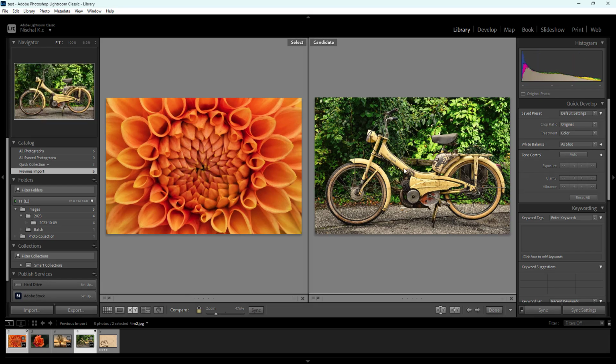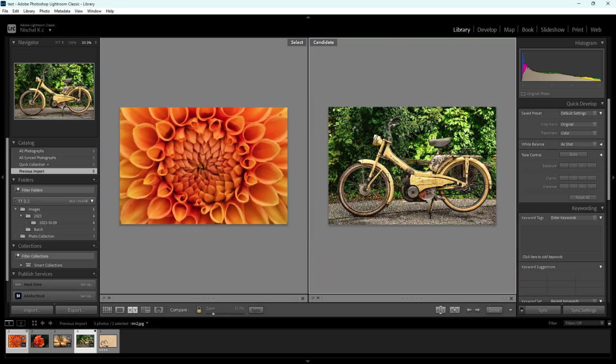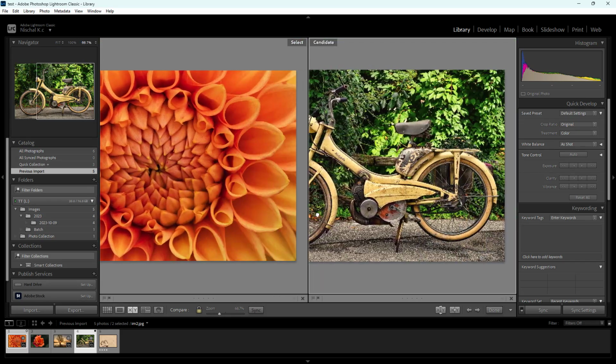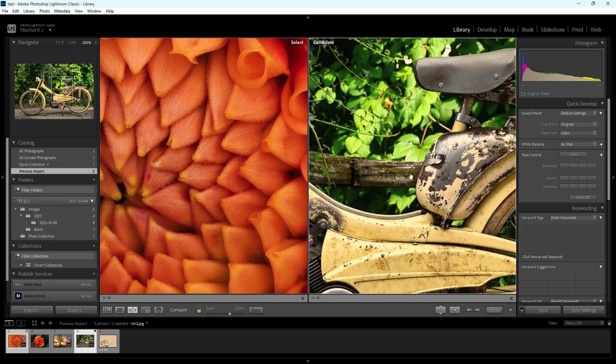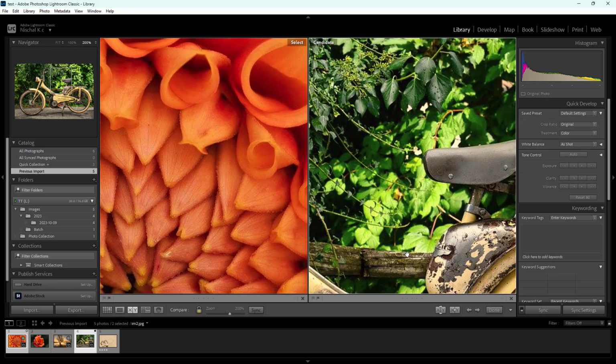And if I were to, for example, zoom out, zoom in right here, then you can see that I can navigate with these photos together as well. And that is why it is the comparison view. So that is how you can utilize the compare view and survey view inside of Adobe Photoshop